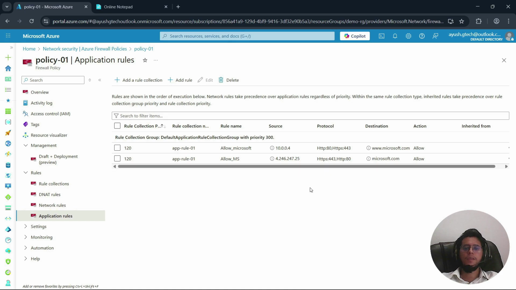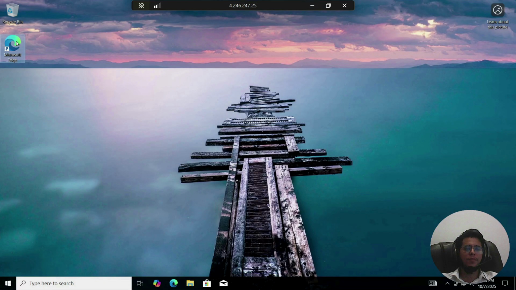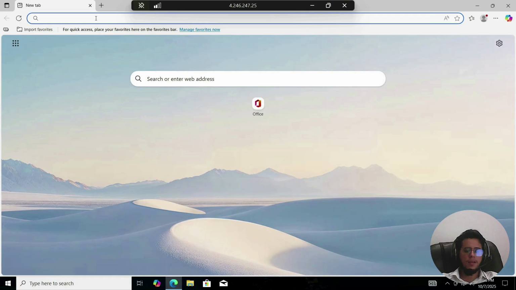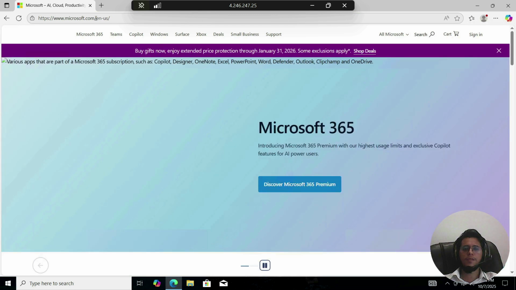Okay everyone, now here you can see both my rules are created. Again I'm going back to my virtual machine here. I'm opening up the Edge browser here and let me try to open www.microsoft.com. And now here you can see I am able to access this one.